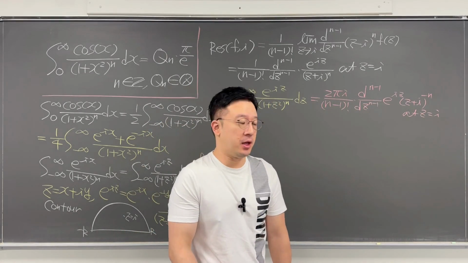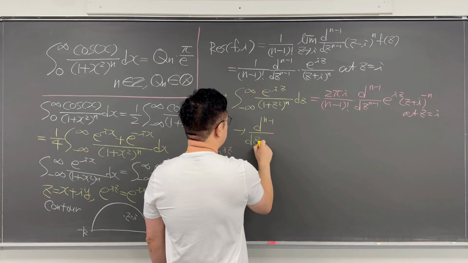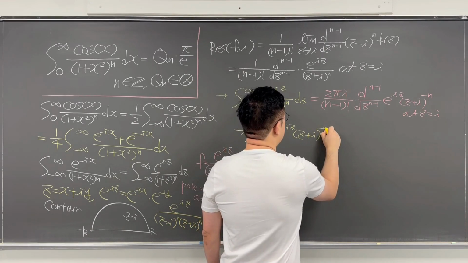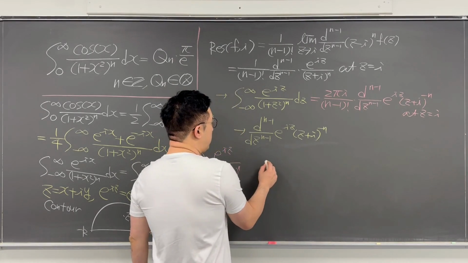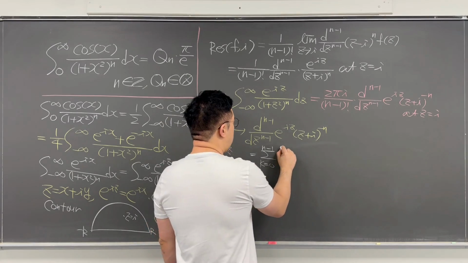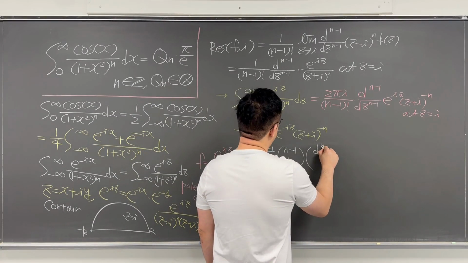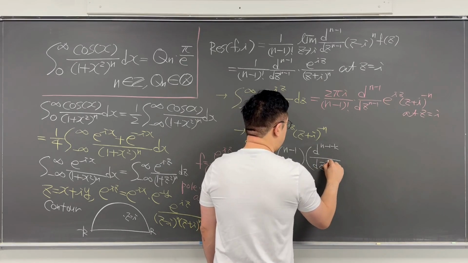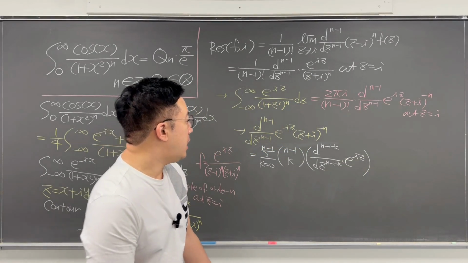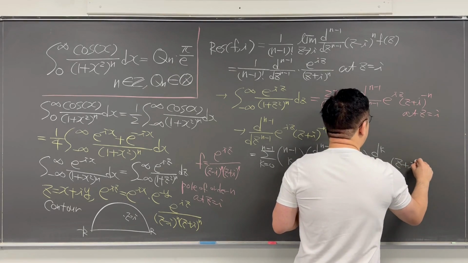Okay, now we can use the Leibniz product formula. If you're using that, this d^(n-1) over dz^(n-1) of e to the power of iz times (z plus i) to the power of negative n can be rewritten as a summation from k equals 0 to n minus 1 of binomial (n minus 1, k) times d^(n-1-k) over dz^(n-1-k) of e to the power of iz, times d^k over dz^k of (z plus i) to the power of negative n,